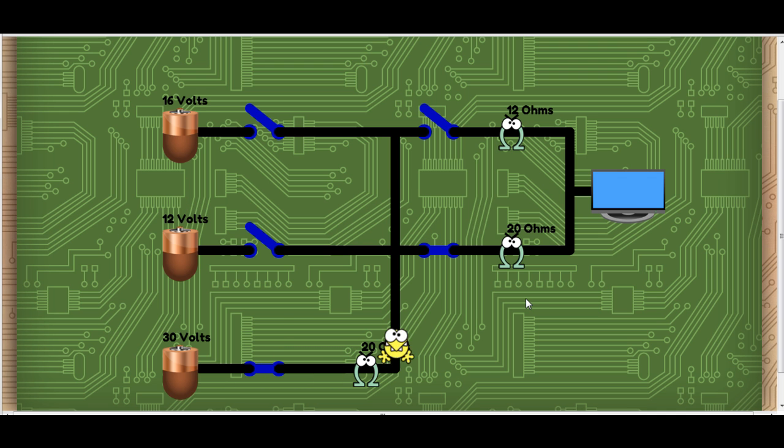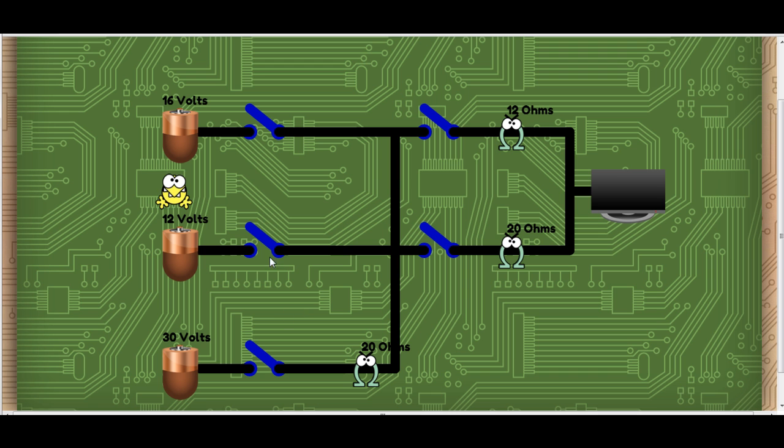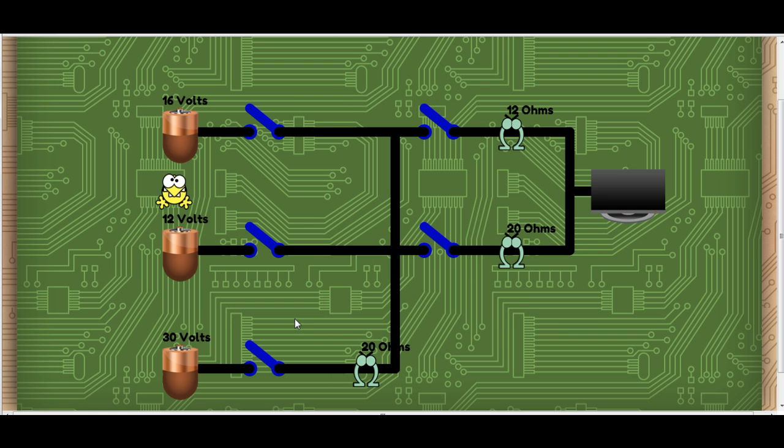Every time a path is chosen, the animated character moves along the chosen path. It can be observed that the animated character moves along the chosen path with a speed proportional to the current allowed in that path. This game reinforces the formula and the mathematical model of an electric circuit governed by Ohm's